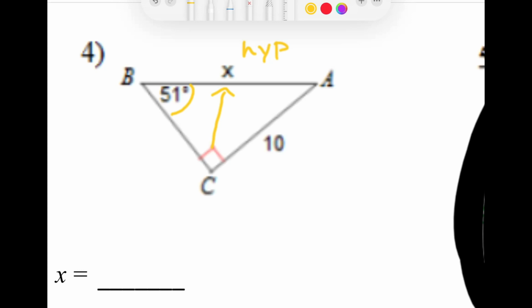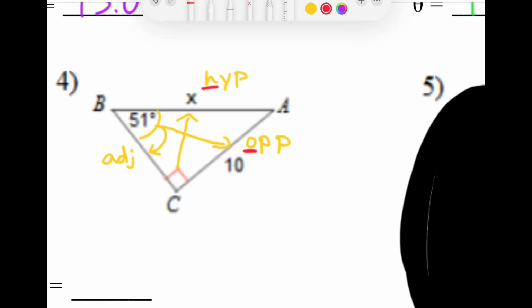The angle indicated is going to tell us the other sides. So the side across from the angle indicated is our opposite side. And the side that is touching the angle but is not the hypotenuse is the adjacent side. So the only two that we're given anything about are our hypotenuse and our opposite side. So in our SOHCAHTOA,